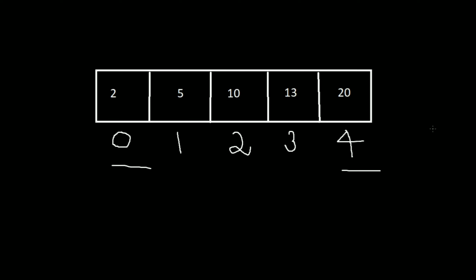As you guys know, this will be my first index and this will be my last index. And the middle index is 2 and 10 is not equal to 2, right? So now what happens? 2 is smaller than 10. Since it is an ascending order sorted array, all the small numbers and the middle value will be towards the left. So we'll now focus our work only towards the left, alright? Okay, let's continue. Since it is towards the left, the right index will now move with the value of mid plus 1. Basically the middle index plus 1.